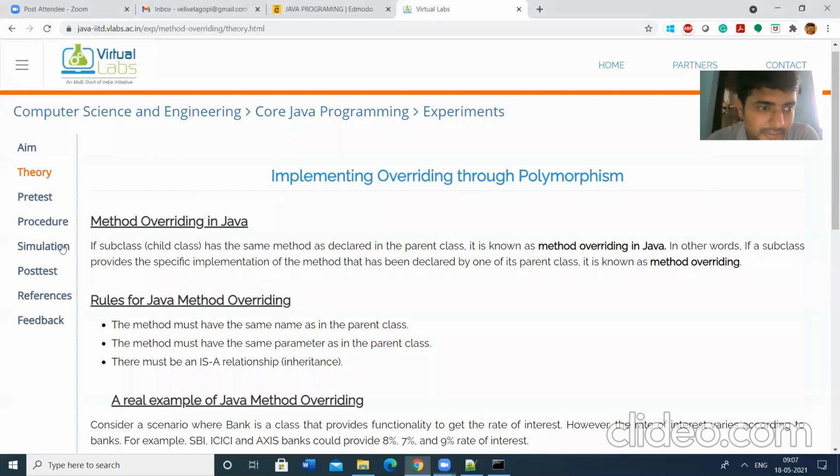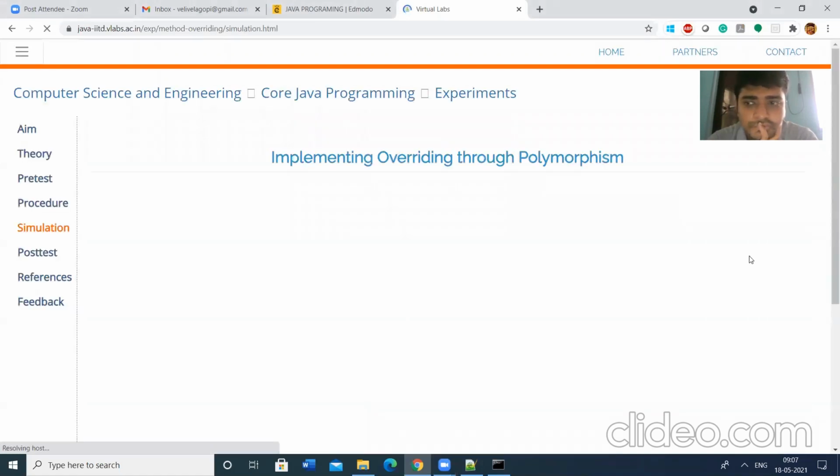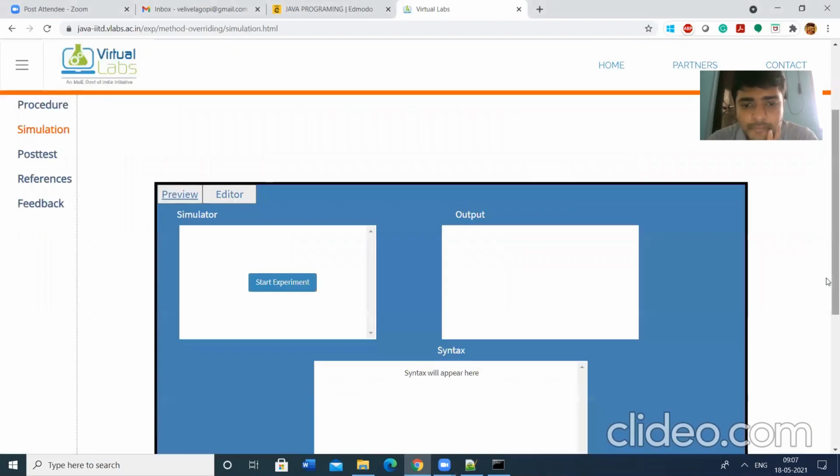So let us simulate this one. Start experiment. Creating the class, let us take the same example.